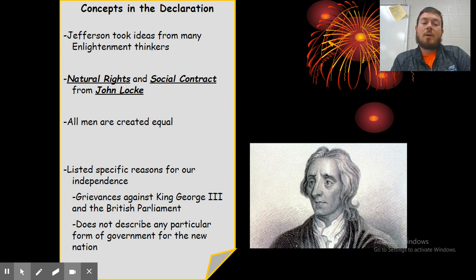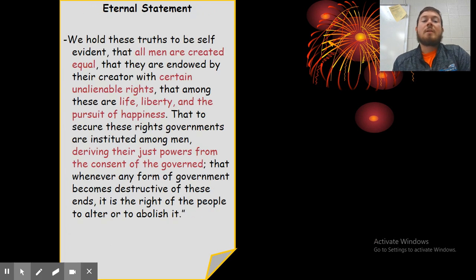It listed specific reasons for our independence. It listed grievances or complaints against King George III and the British Parliament. It does not describe any particular form of government for the new nation. It just describes how we are leaving the old government and the old nation, or the old form of the British. This is the eternal statement that you hear a lot of times when people talk about the Declaration of